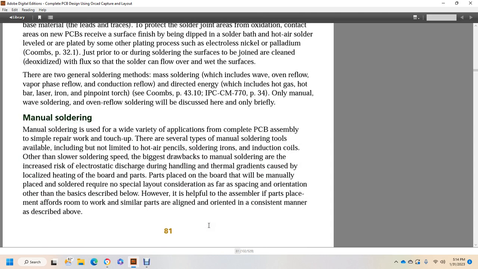Manual soldering is used in a very wide variety of applications, from complete PCB assembly to simple rework, repair work, and touch-up. Several manual soldering tools are available, including but not limited to a hot air pencil, a soldering iron, and an inductive coil, with slower soldering speed. The biggest drawback of manual soldering is the increased risk of electrostatic discharge during handling, and the thermal gradient caused by localized heating of the board. The parts are placed on the board, and the assembler then manually applies the solder as required, with no special layout considerations as far as